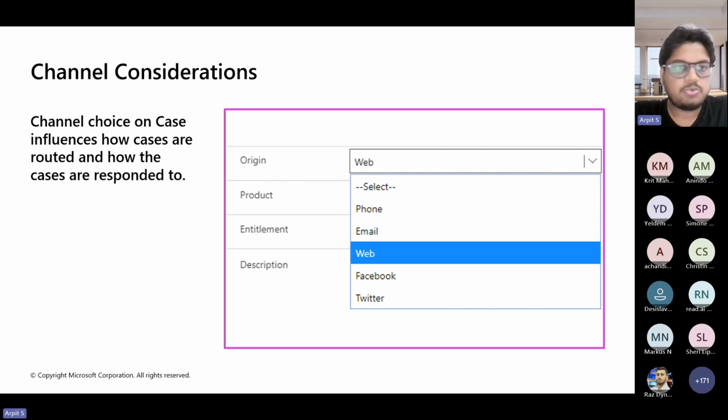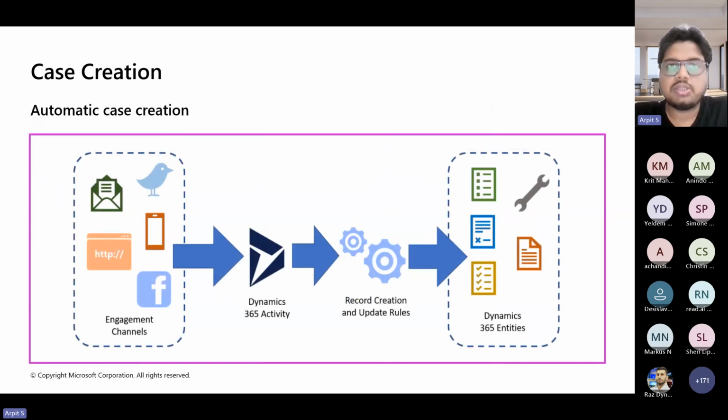All right. So this is also a way how you can create the case. There are different types of channels, as I already discussed in the case, like phone call, email, web, Facebook, and Twitter, that you can select to differentiate the case type. And this is how you can also automate creation of the case. I'm going to demonstrate that as well. We have the component called automation of create and update of record. Using that, you can automatically create the case as well, because sometimes